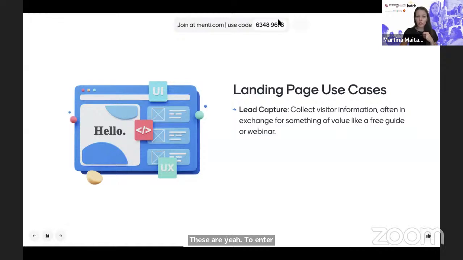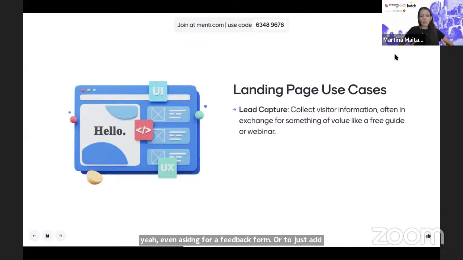So for sure, they need to capture leads. Why we need landing pages is because we need to know more about our visitor, our audience. Some of you in the word cloud have guessed it and answered right. We need to know more about them in exchange for something. People usually don't give anything for free now. Right now, time is extremely valuable for any of us. So even asking for time and data, even asking for a feedback form or to just add an email,